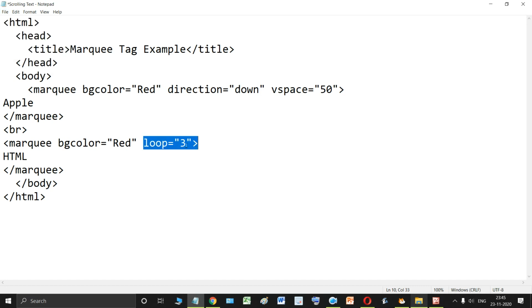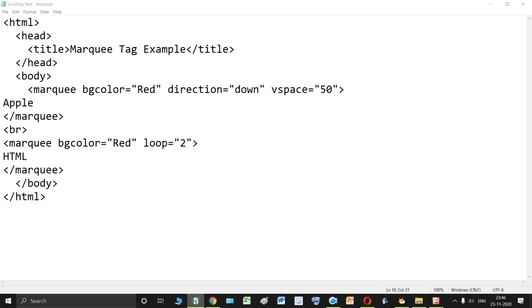Suppose instead of 3, I'll make it 2, because 3 is going to take a lot of time. I'll save it and refresh this one. Now it is going to keep on moving from this side to this side. This is the first loop.